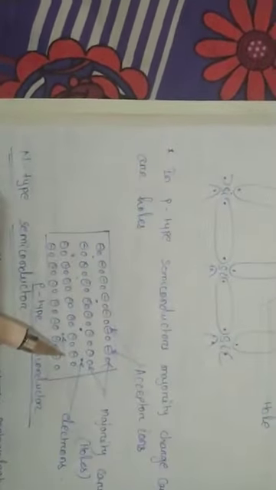Where do these minority charge carriers come from? These minority charge carriers are thermally generated charge carriers. That means at room temperature, some of the covalent bonds break, and these broken covalent bonds give rise to electron and hole pairs. As you see, these trivalent impurity atoms are called acceptor ions because there is absence of electron. They always try to accept an electron. So these are known as acceptor ions, these trivalent impurity atoms like gallium and indium.